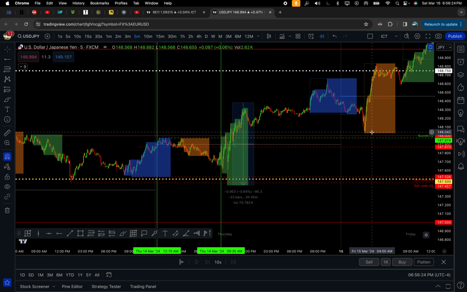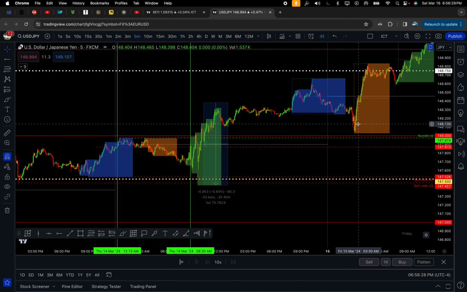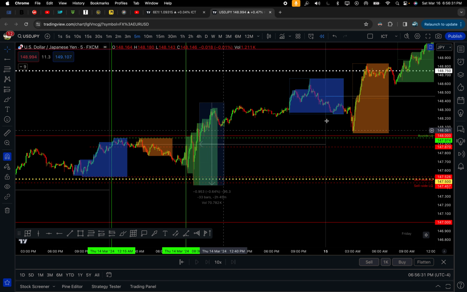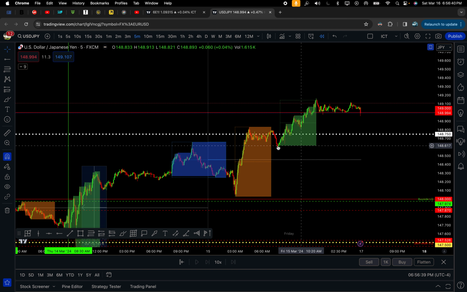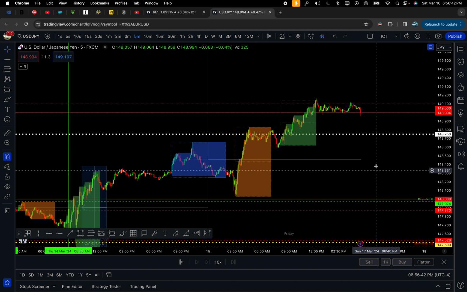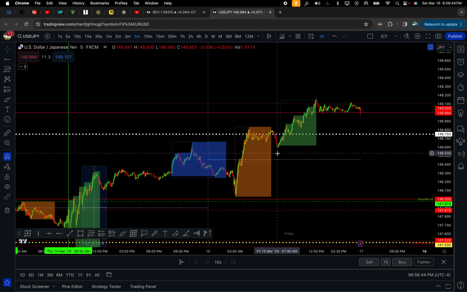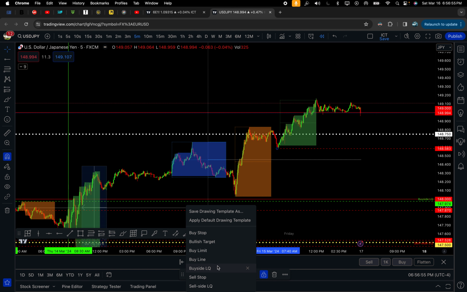Then they get swept once again. They get taken out, and then those buyers become sellers, who the institutions then buy from, right? And then retail continues to buy, and then probably maybe we'll get another sweep down into here, take out those stops, something like that. It's easy to sit there and talk about it in hindsight, but the